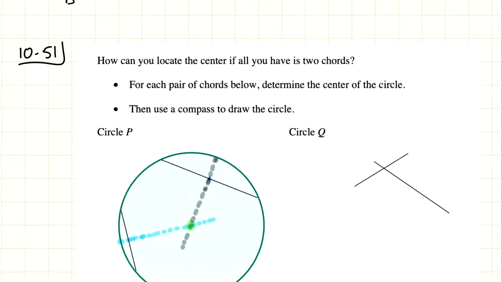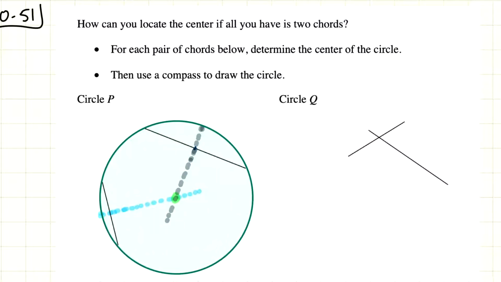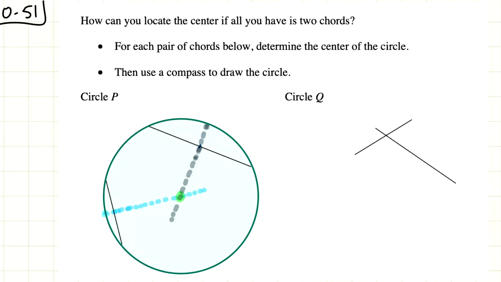So we talked about having a piece of a tree. How can I figure out the center of the circle? So there's two problems we have here. One of them I've kind of worked out for you, but I'm going to explain it, and then we'll use that same strategy on the second one. How can you locate the center if all you have is 2 chords? All right, so